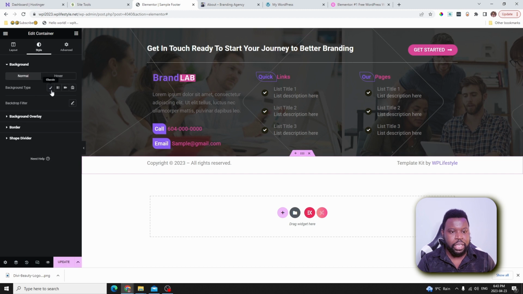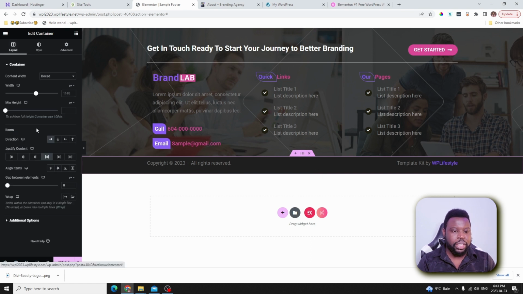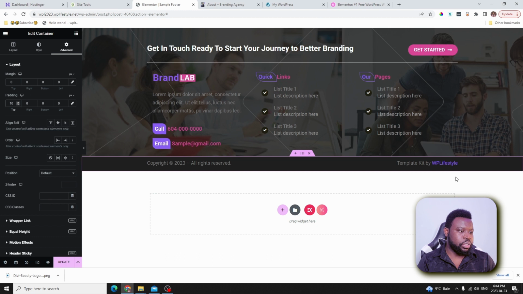Maybe we can give it a black background color. Now let's make sure that everything is aligned to the middle. So select the parent container, go to the layout and select the align item and make sure it's at the center like this. So I want to go here and remove the padding that we have over here, and then I will add some top padding, maybe 10 pixels, something like this, and you can see it's looking really nice.